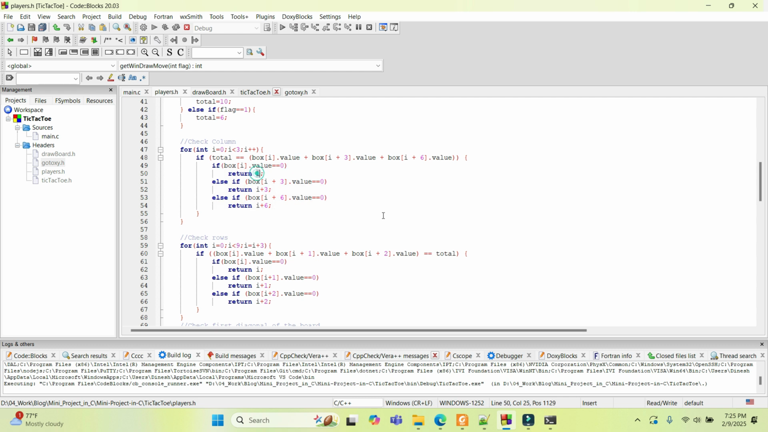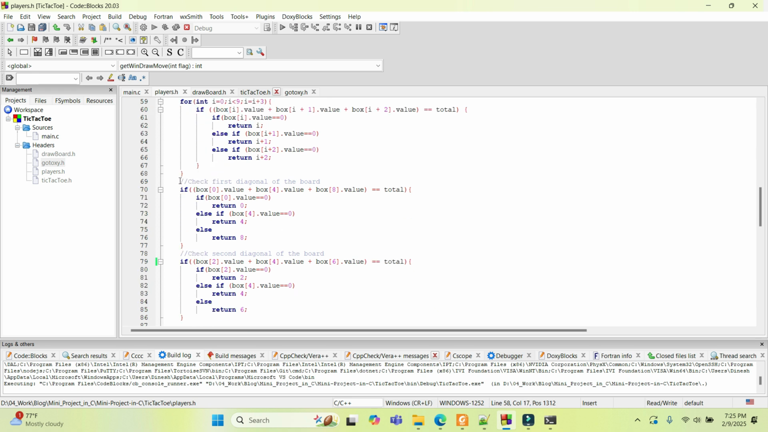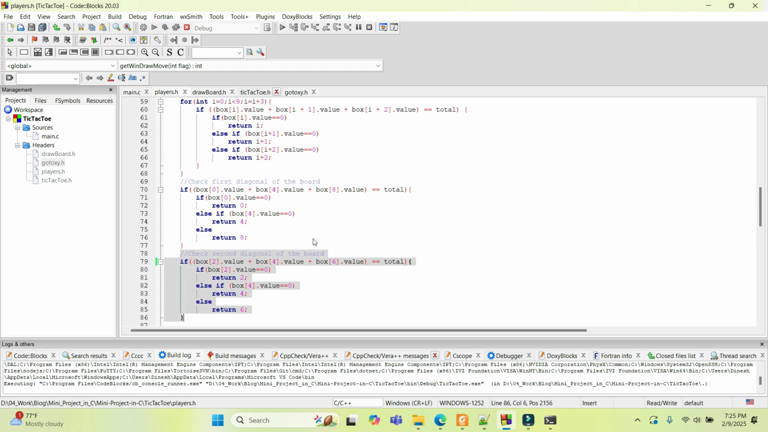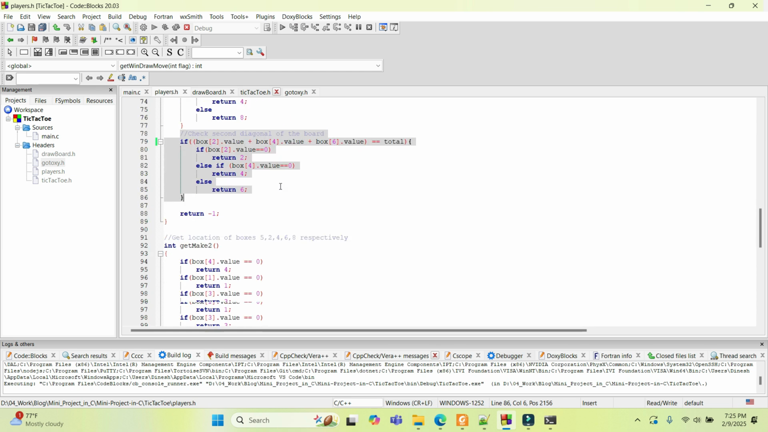So similarly, I will scan all three rows, and I will scan the first diagonal and the second diagonal. So this is the overall logic to identify the winning location and draw location. Now inside the make two function,